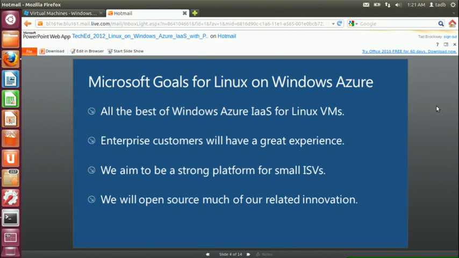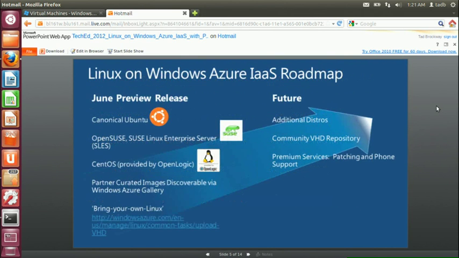You can recompile them. You can look at the source code. You can modify the source code, just like you can do with Linux and OSS generally. So in terms of our roadmap, for our preview release, which shipped officially on June 7th, we're supporting 3 distros